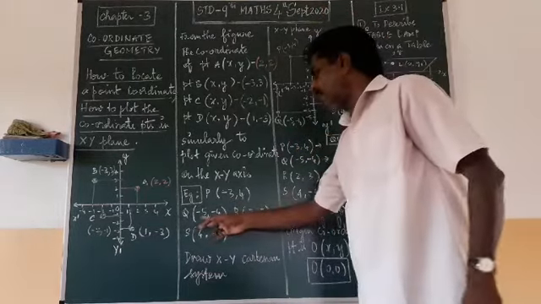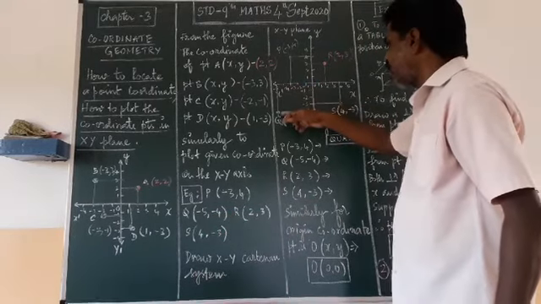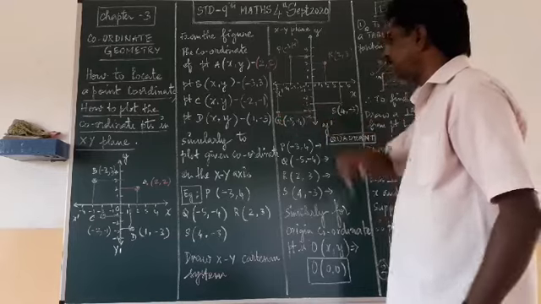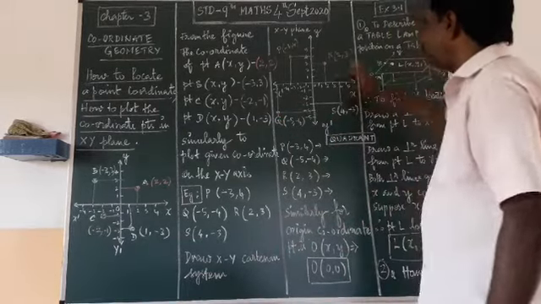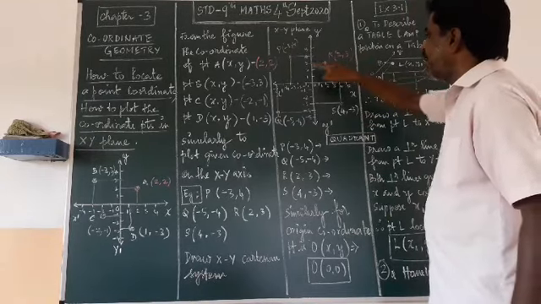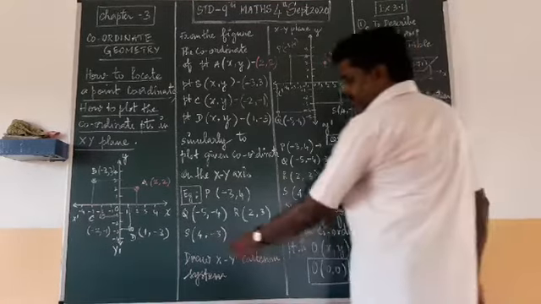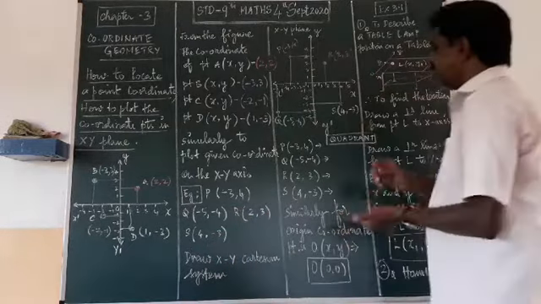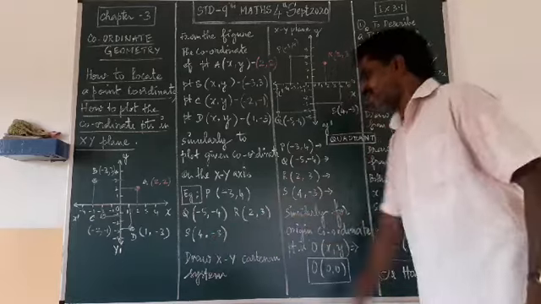Same way Q, -5, -4. So in the minus axis it is coming. So -5 is drawn, -4 is drawn. Both are intersecting, and Q point we have plotted. R point 2 and 3, both are positive. So 2 and 3 I am intersecting. Then R point I have located. Then S point 4, -3. Then 4, -3 I have located in the positive and the negative direction.